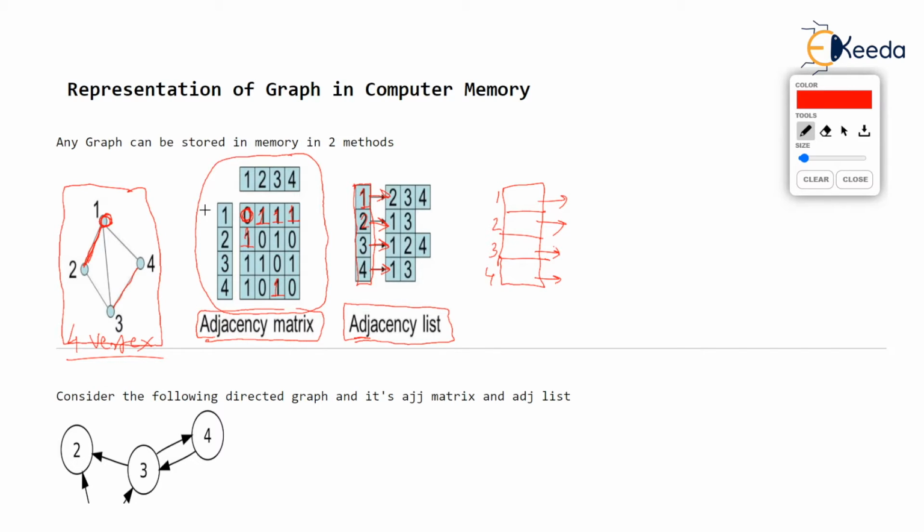So we will create a linked list containing vertex 2, then a next pointer, vertex 3, then a next pointer, and vertex 4. And the next pointer in this will be null. The fourth vertex will have null. Now, just a warning, never ever read this linked list as follows. Don't read 1 is adjacent to 2, 2 is adjacent to 3, 3 is adjacent to 4. Wrong. You read it as vertex 1 is adjacent to 2, 3, and 4. So these 3 vertices, 2, 3, and 4, are all adjacent to first vertex.